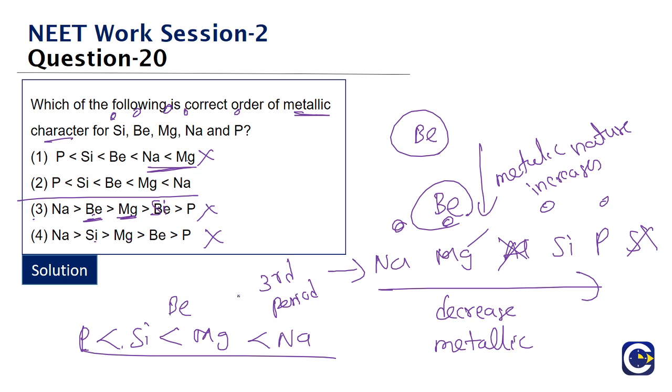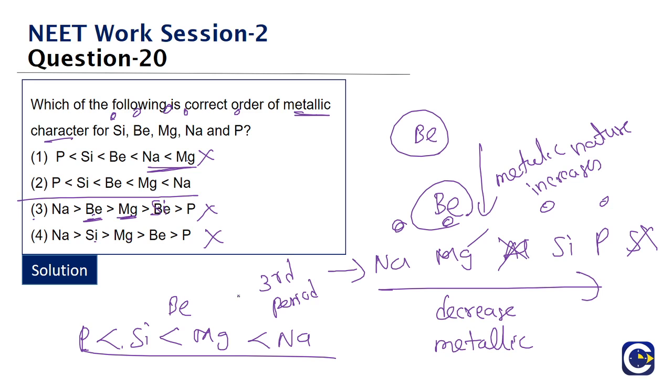Okay, but since beryllium and silicon, there is no direct correlation, right? We may not be able to clearly tell which is going to be more metallic and which is going to be less metallic. So that is the reason why if you look at these kind of questions, they also give some room. The options will be given in such a way that we will be able to come up with the correct option if we go by our normal analysis, because some things we will not be able to clearly comment on. So between silicon and beryllium, which is going to be more metallic, we will not be able to comment unless we have a deeper understanding of the properties of the elements.